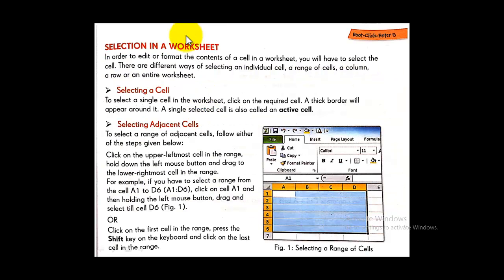Now let's see selection in a worksheet. What are the different types of selecting techniques? Let's see here. In order to edit or format the contents of a cell in a worksheet, you will have to select the